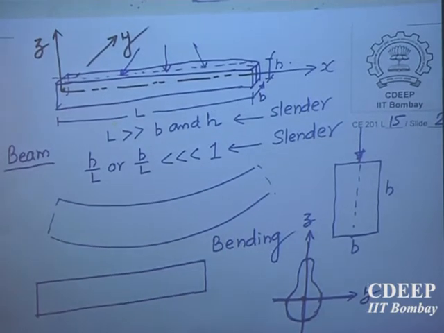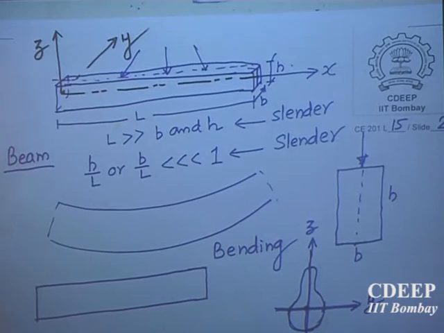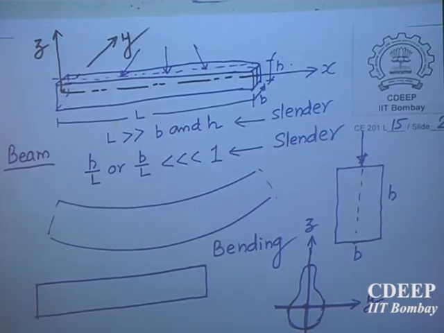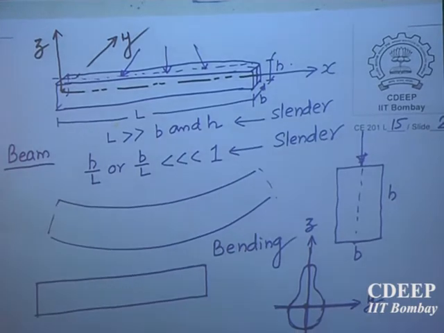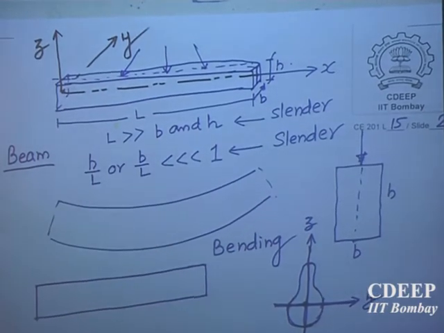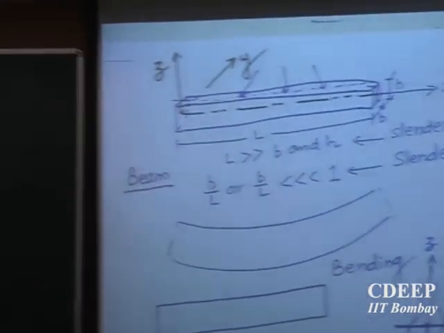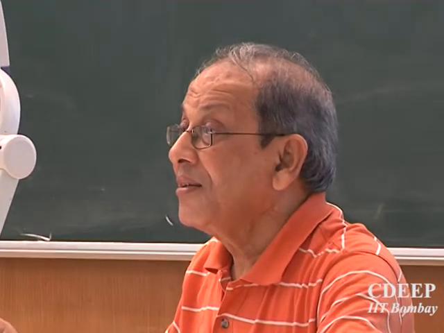A member, pier. No, pier is subjected to compression. So it is a column. Any member subjected to compression is called a column. Any member subjected to tensile force is called a tie, T-I-E, tie. You know, when you tie two rods, that member will always be under tension. So it is called a tie.